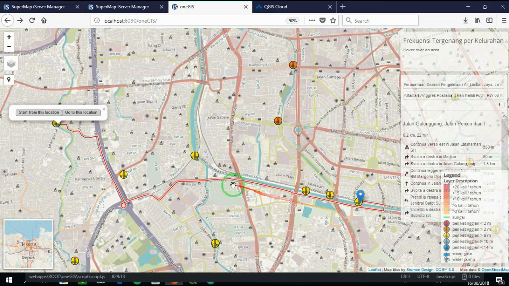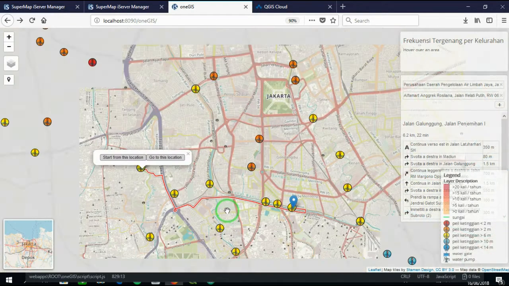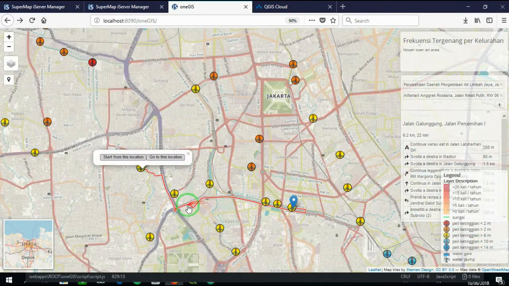Here it gives us another direction, the closest path to reach the chosen destination. I am using the Supermap route finder to make the polyline that creates the path here,